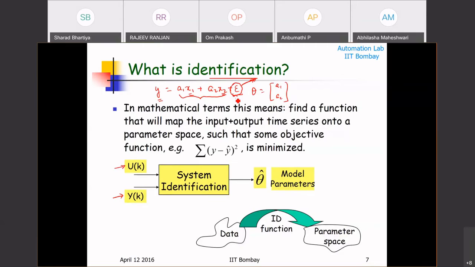There is a noise process to which it is getting connected. Okay, so let's